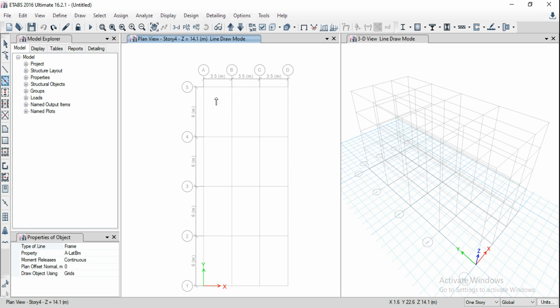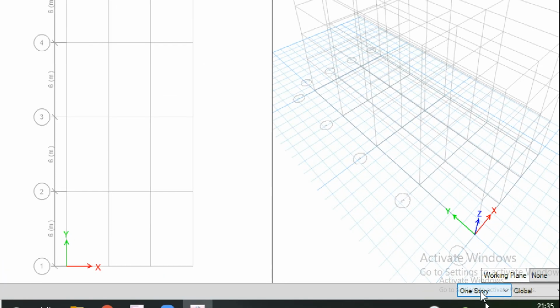Right? So if you click on this line, a beam has been created. In this view, we can see the top view, that is plan view, and in the right view we can see the isometric view. Okay, and if you observe, the beam has been created only on the last floor. If you want the elements we are creating to be defined for all these stories, then we have to select this one. So at bottom right we are going to have one story option.